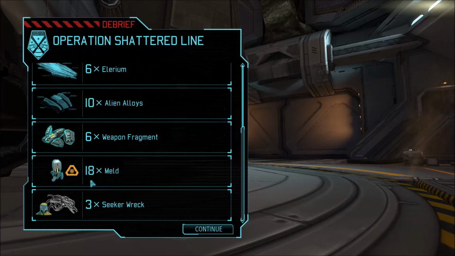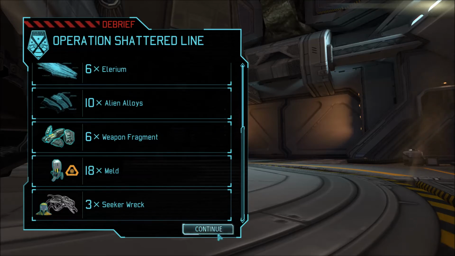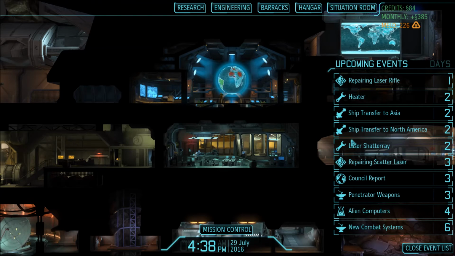Some low fatigue rolls, 18 meld, 18, really? So we got 8 and 8. So we got 2 extra meld from something else, probably from the Seekers actually. That makes sense. 10 alloys, oh that's great, we got 10 alloys out of that, which means we can actually get our special foundry project ready to go at the beginning of next month, as soon as we have the Seeker autopsy and the alien computers research done, which is the UFO countermeasures foundry project, which finally is going to fill